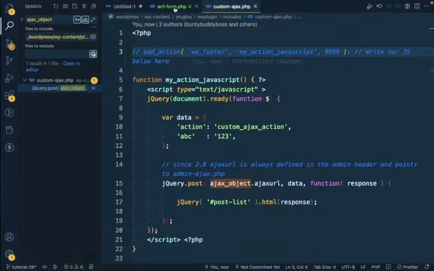Okay, I'm gonna comment this out for a moment, and let's try to submit another book. Let's see if we get rid of that error. Okay, that's great. Now let's try to add another book called